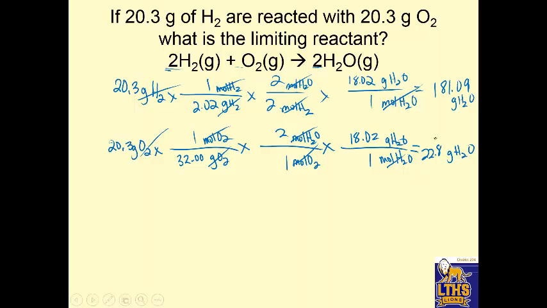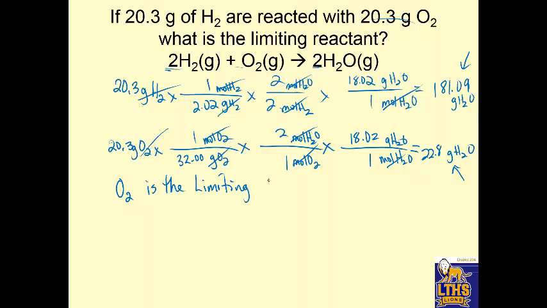So what does this mean? This means if all of our hydrogen gets used up, we should get this much water. If all of our oxygen gets used up, we should get this much water. So we'll never get 181.09 grams of water because there's not enough oxygen to make that much water. So oxygen is the limiting reactant